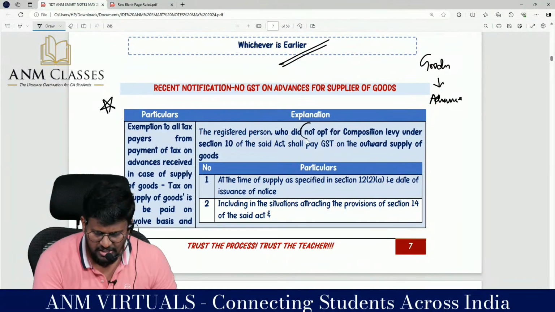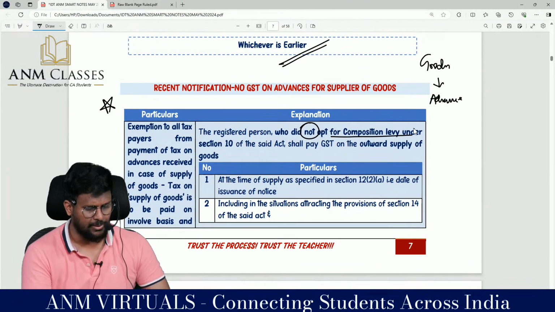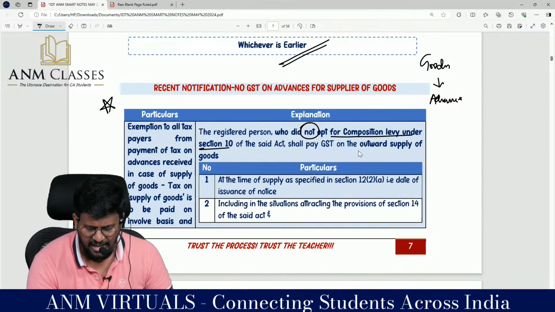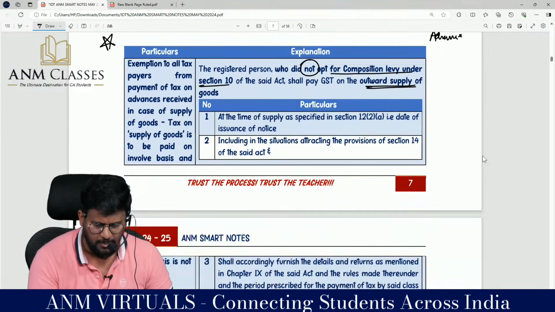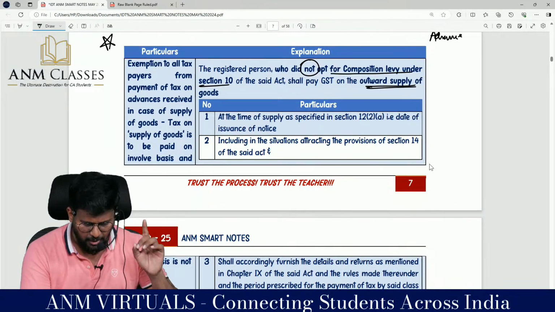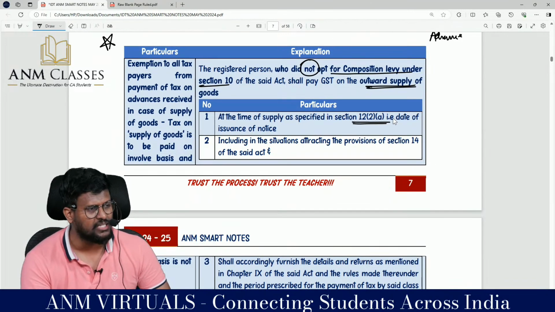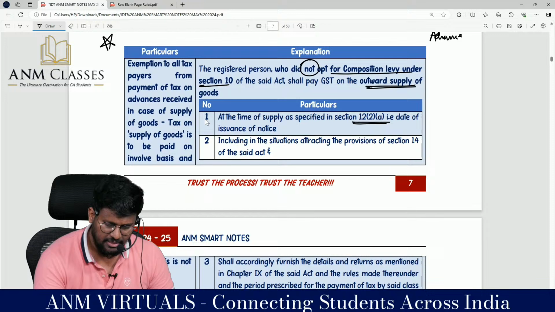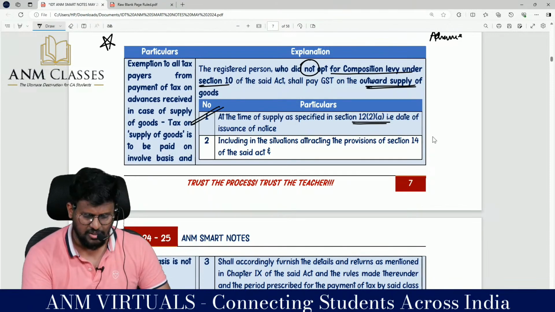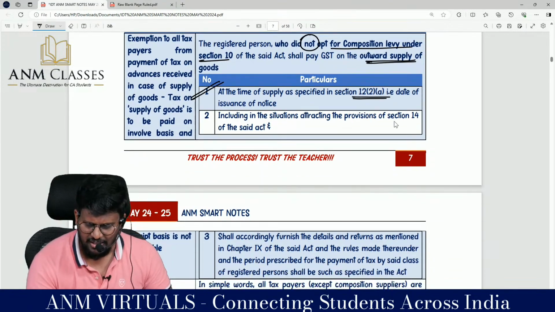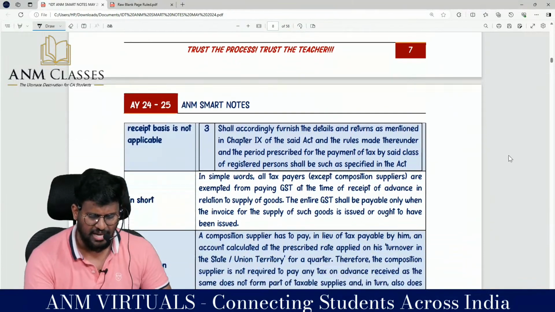The registered person who did not opt for levy under section 10 of the said act shall pay GST on outward supply. At the time of supply as specified in section 12 subsection 2, that is the date of invoice, including the situation attracting the provision of section 14 of the Act,